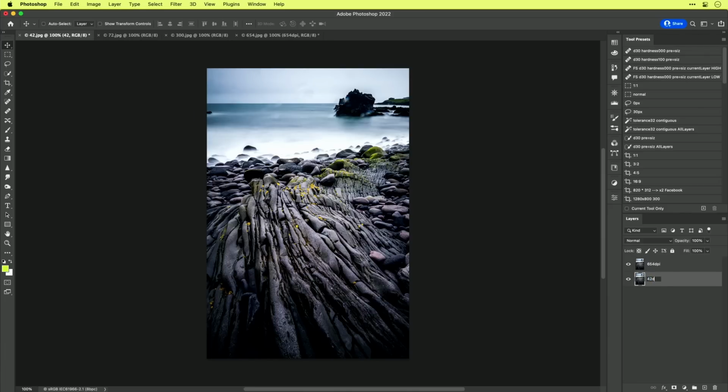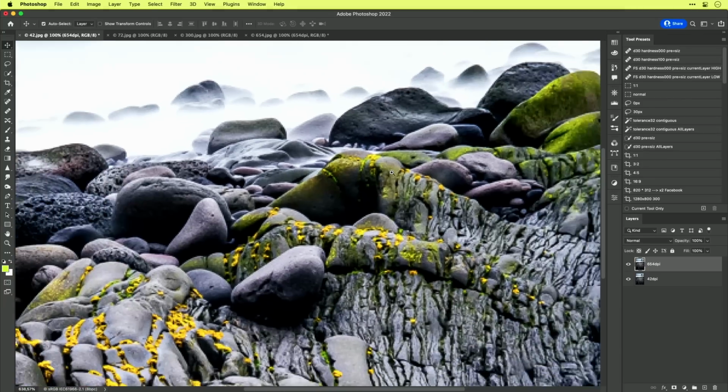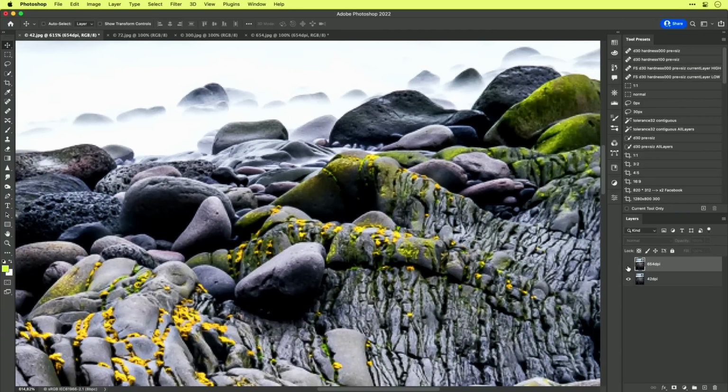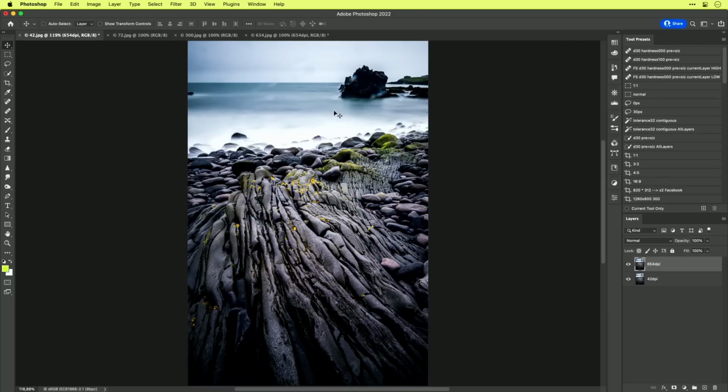So this is 42 DPI, dots per inch, and this is 654 DPI. And they are exactly laid so that they are exactly on the same position. So I can show it or unshow it, hide it, and so you see no difference. And the thing is, there is no difference.